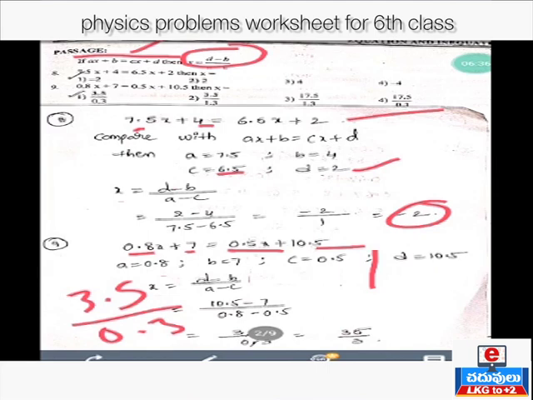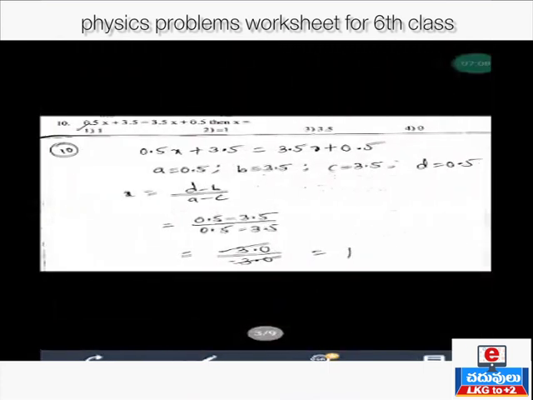8 minus 5 is nothing but 3. 0 minus 0 is 0. So what is the denominator here? We can get 0.3. In numerator also decimal after only one number is there. In denominator also decimal after only one number is there. So we can cancel the decimal. Understood? So what is the value? 35 by 3. Understood? This is the x value. But in options they given only 3.5 by 0.3, up to here only they given. Understood? But this also is a correct answer. Now see next problem.